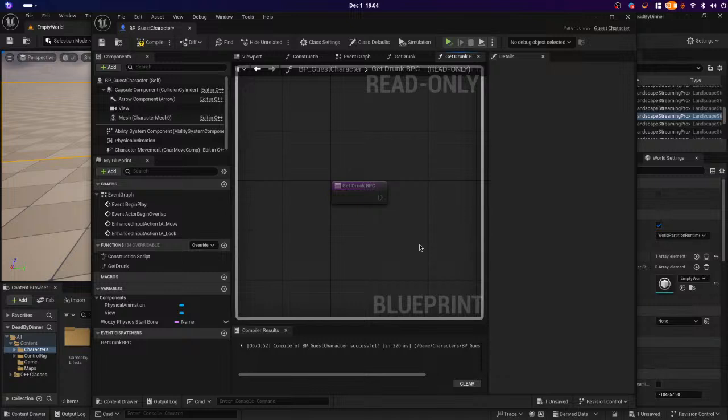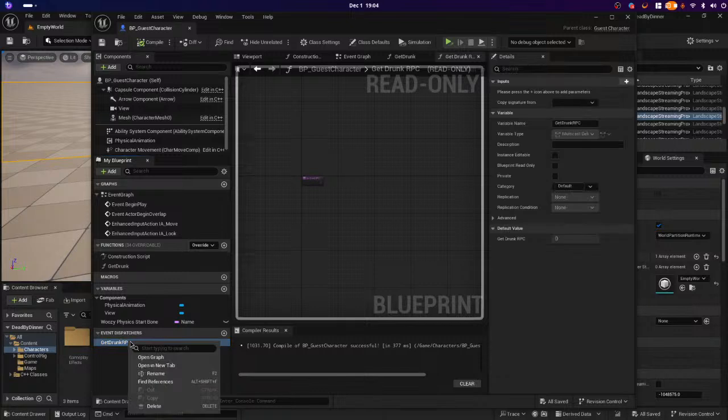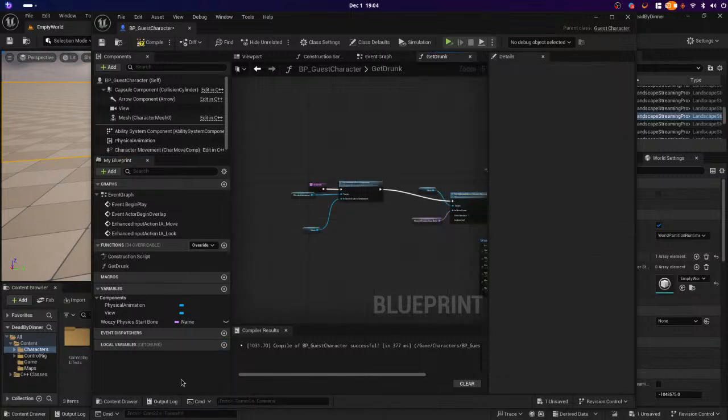Paste. Read only include. I don't think that's what I'm looking for. Delete. What I am looking for is